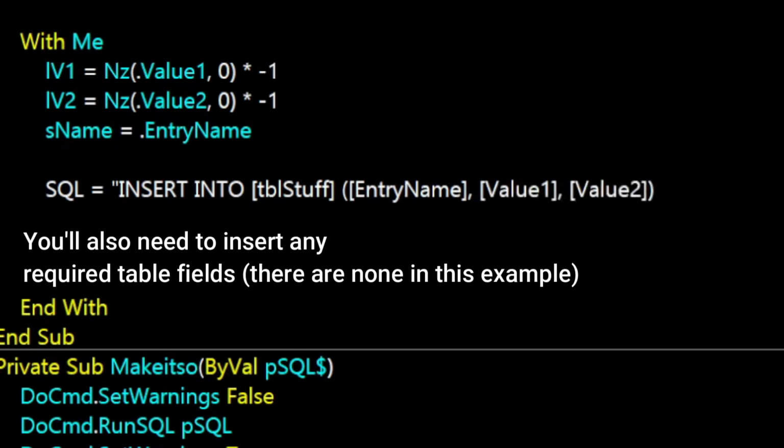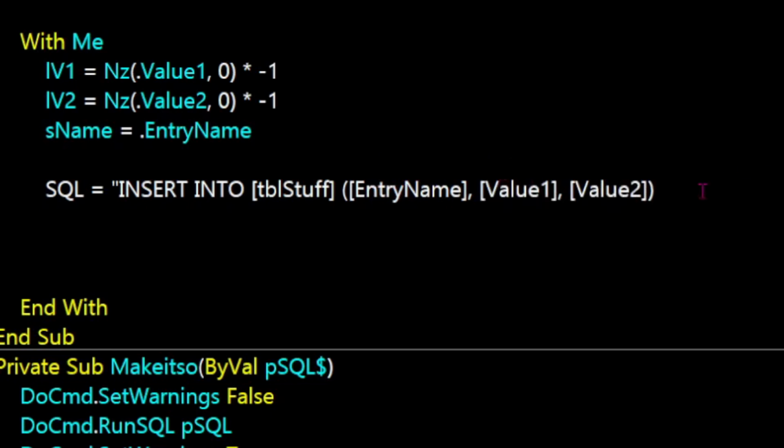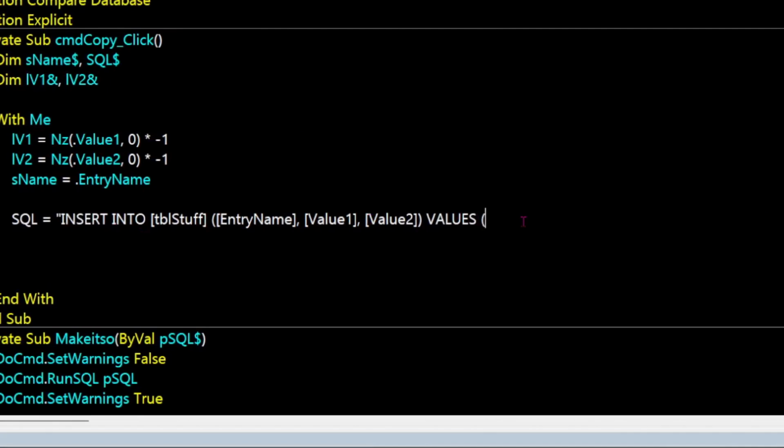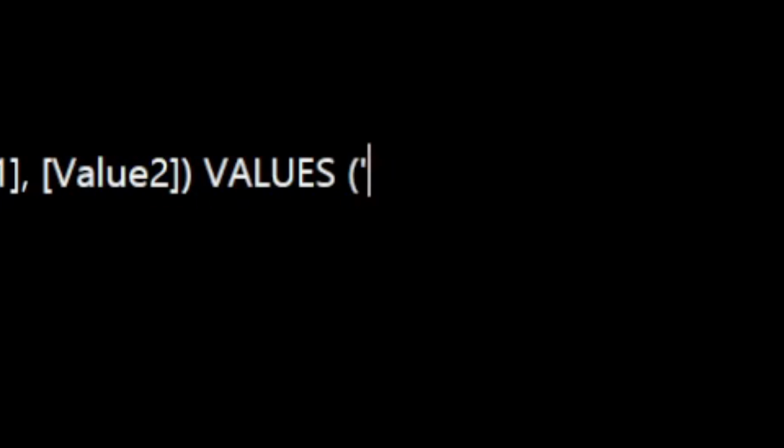Okay, so insert into table stuff, and then we put the fields in parentheses, and then we have a keyword values, and then we start another parentheses. Now I'm going to extend this out. Normally I would want to line return this, but just to make this very clear, I'm going to do one whole line so it's easier to read. Now remember, in SQL you have to wrap a string in single quotes. So the values is parentheses, single quote,